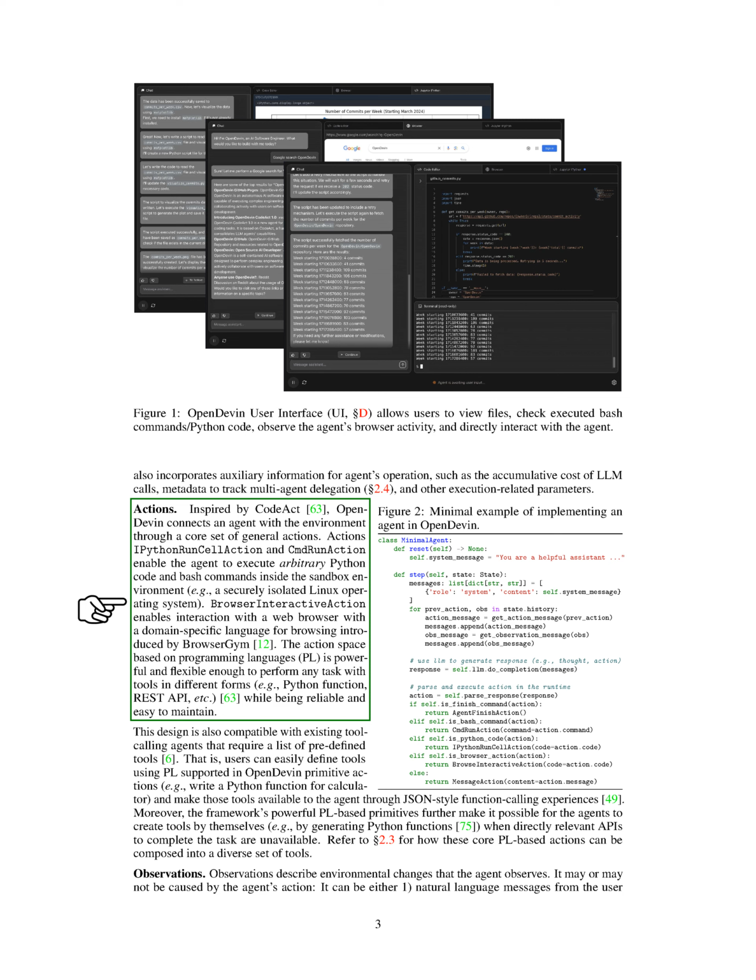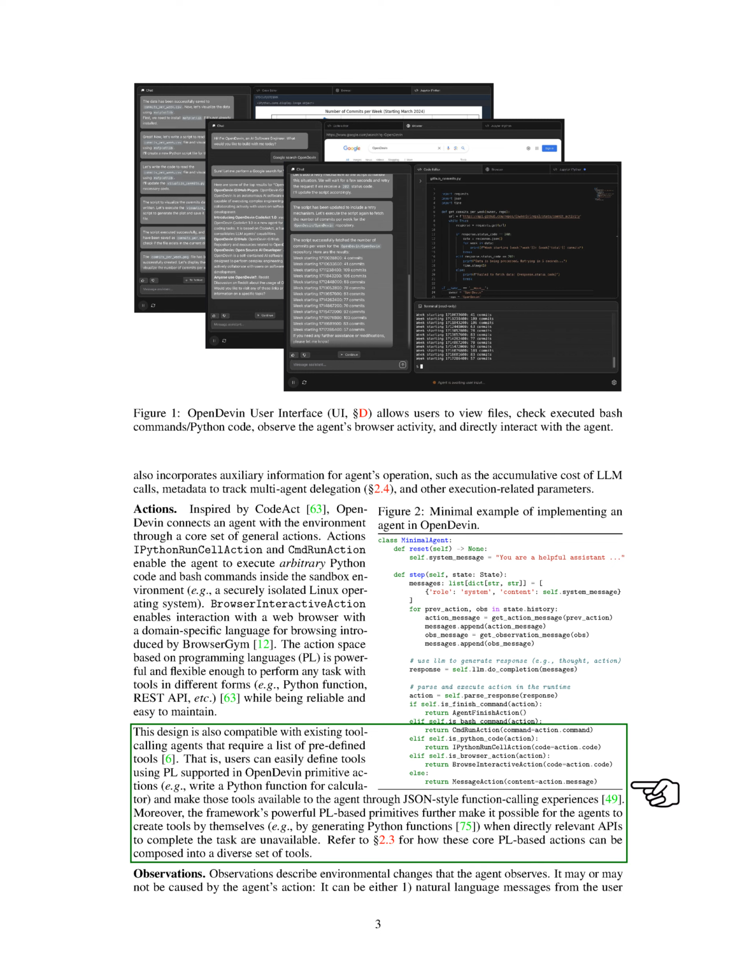The action space is designed to be flexible and powerful, enabling agents to perform various tasks using different tools, such as Python functions or REST APIs. Users can easily define tools using programming languages supported in OpenDevin and make them available to the agent through a straightforward function calling interface. Furthermore, the framework allows agents to create their own tools when necessary.